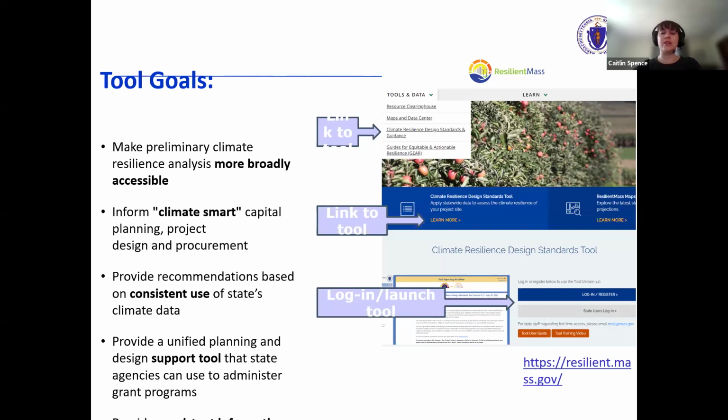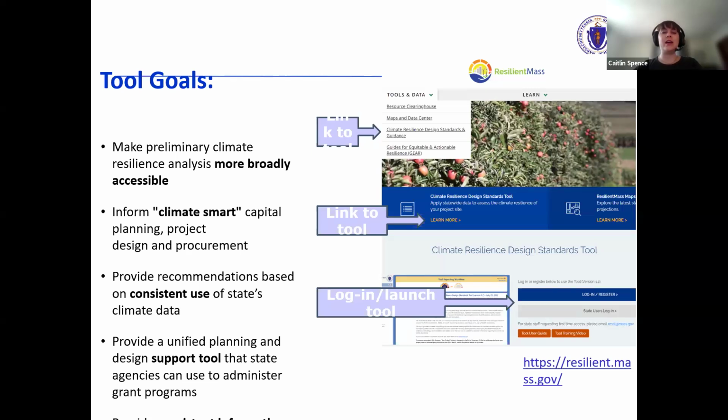What design criteria or projected hazard metrics should the project incorporate based on overall risk at the end of its useful life? So something that will last longer will be designed or recommended to use projections from further ahead.